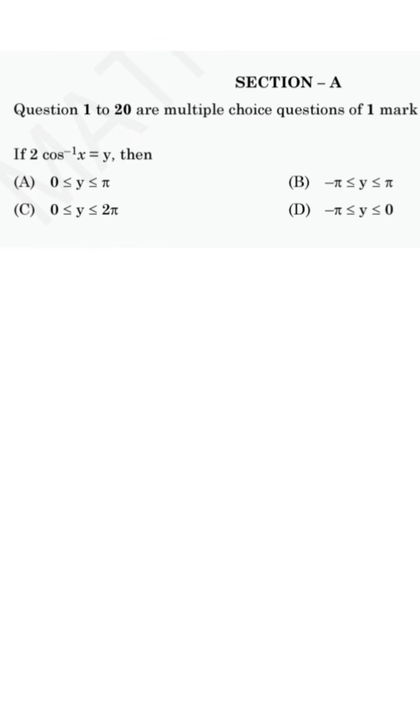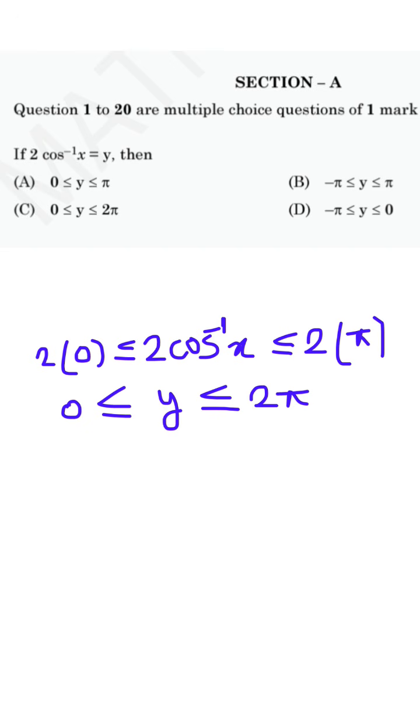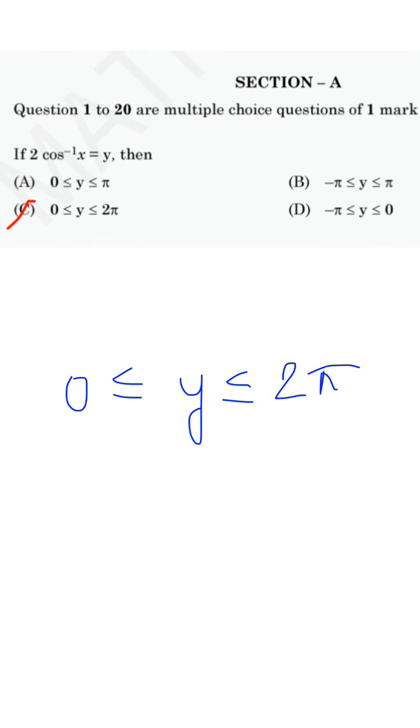Okay, in this question you have to find the range of y. So you should know the principal value branch of cos inverse x, which is close interval 0 to pi. But here in this question we want 2 cos inverse x, so you should multiply 2 on every side. So it is 0 less than equal to 2 cos inverse x, which is less than or equal to 2 pi. So that means y